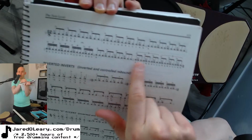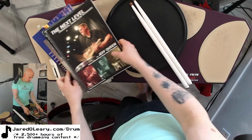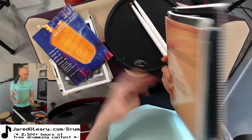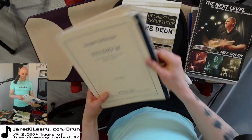It's all one height stuff. You either play an accent or you play a tap. That's it. It's all rhythmic variations. And that's the same for most everything that you're going to find here, all these different method books, etc. It's all 2-height stuff. But when you get into actual repertoire, like orchestral repertoire, or you get into